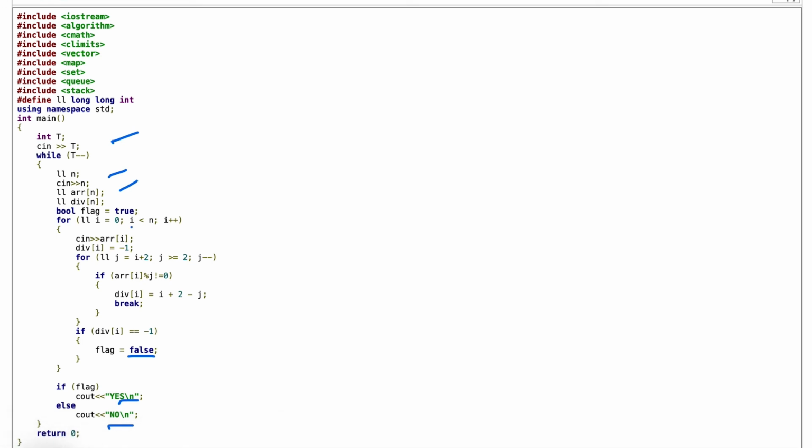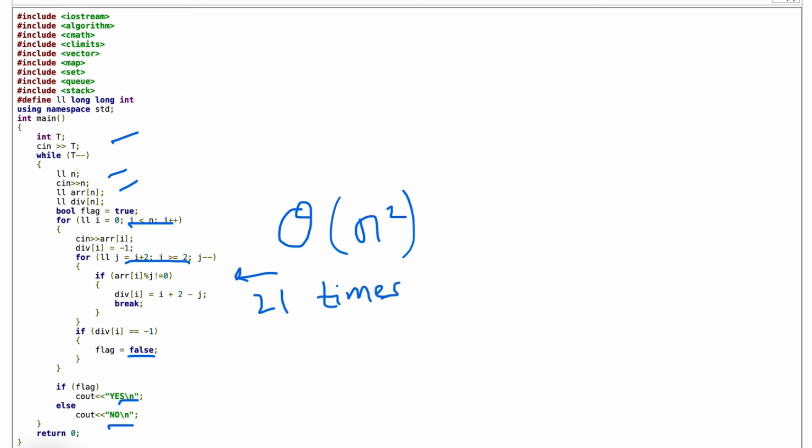here, this loop is running n times, and this loop is also running in order of n times. So our total time complexity can be big O of n square. You might think that, but no, it's not. This loop will run at maximum 21 times. This loop will run at maximum 21 times. Why is this so? Because